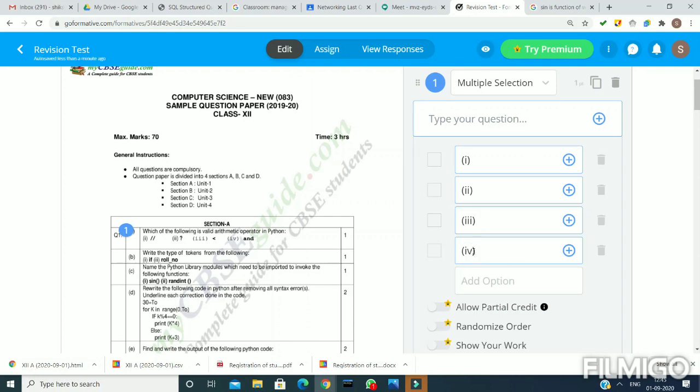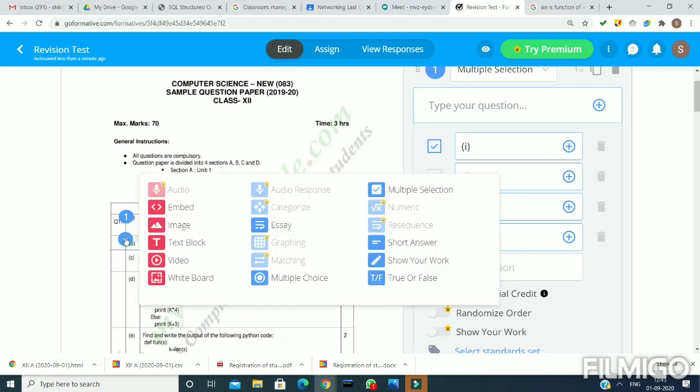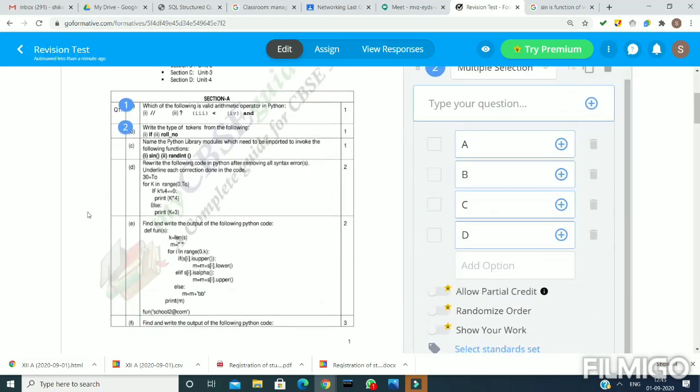After doing this, I am marking the correct answer. Now let's move to the next question. I'm clicking the plus symbol and again taking multiple selection. As you can see, no options are given here, but I want to make it multiple selection, so I am writing options of my own.